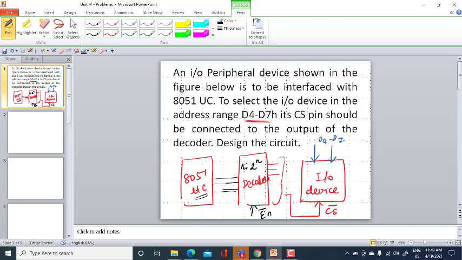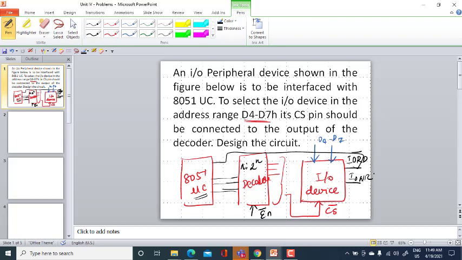In the peripheral device, for example if it is a keyboard, the user will be giving data. In that case I will have a control signal called IO read, an active low signal. Whatever data we give will be read by the microcontroller through this pin. And you have a write also.